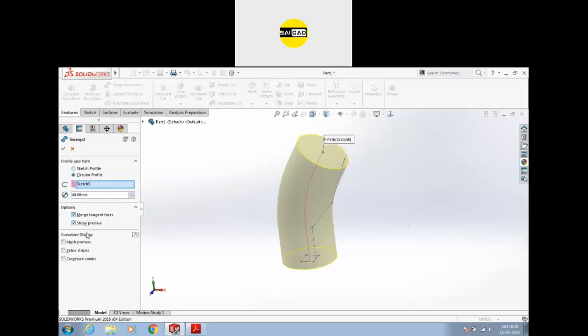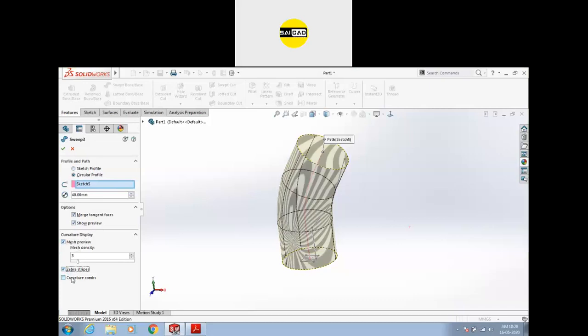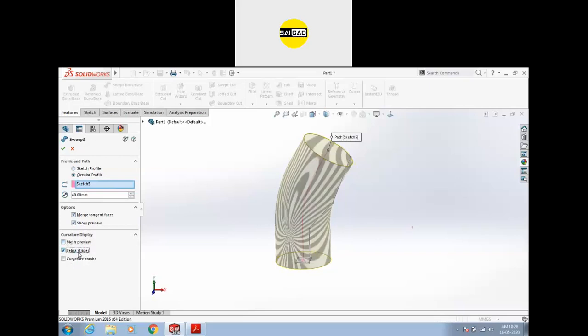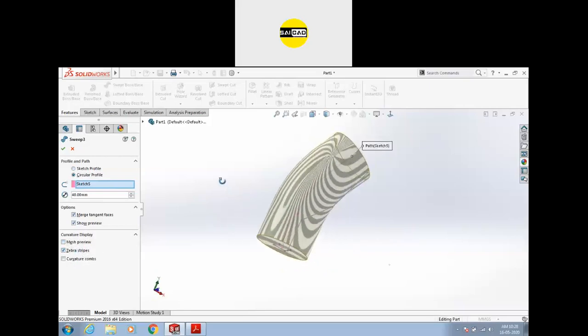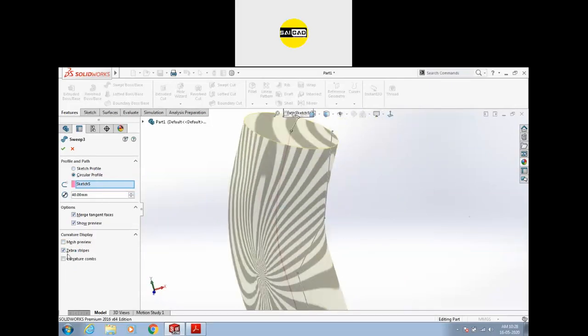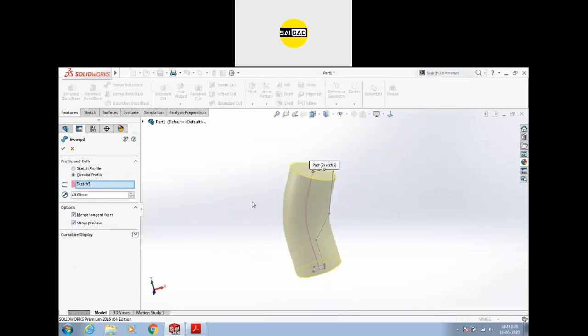Done. So curvature display will not be able, you will not be able to understand right now because these displays will be used to analyze the surface. We have some meshed surface, we have some zebra strips, we have some curvature combs, but these are used in the visualization to check the surfaces. So you can use these in the surface tool because there you need to check the surface if it is straight or not. Okay. So curvature display is not used here, right?